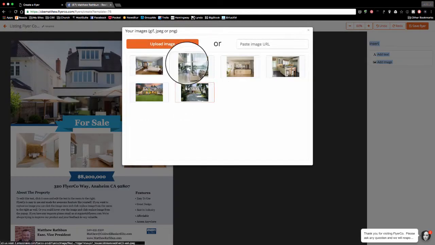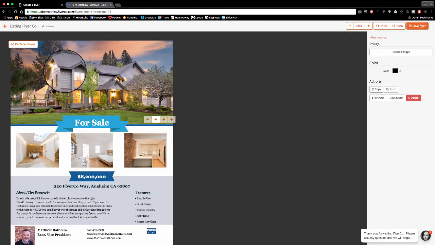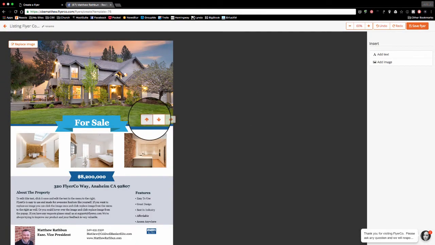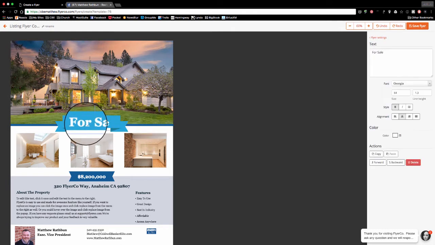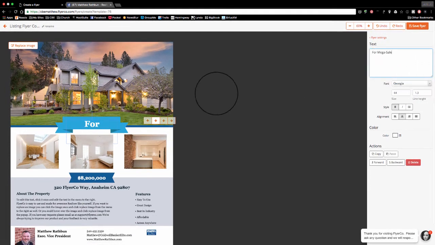I'm going to go replace image. And here I'm going to pull the photo for the listing that's mine. And if I don't like its placement, I can adjust it a little bit using those arrows. It says for sale, but I don't really like for sale because everybody uses that. So I'm going to go to text, highlight over here, and put for mega sale. Okay. And I don't like the Georgia font, and it's now not fitting here, so I need to make it a little smaller, and I'm just going to click the buttons here until it fits. All right, for mega sale,